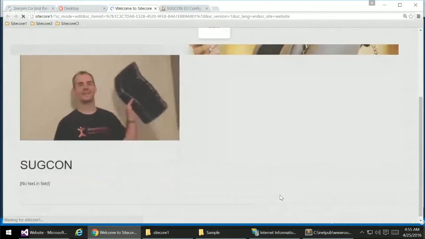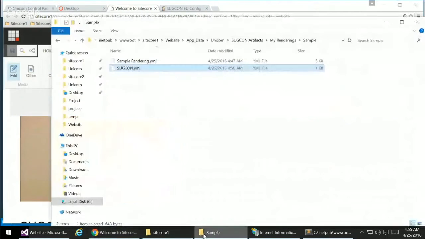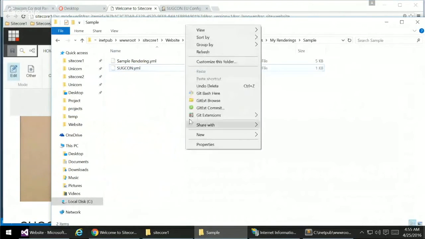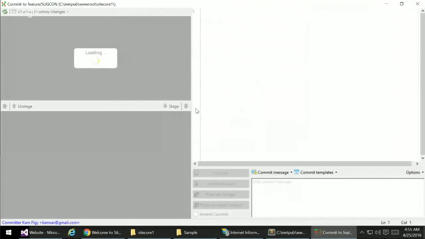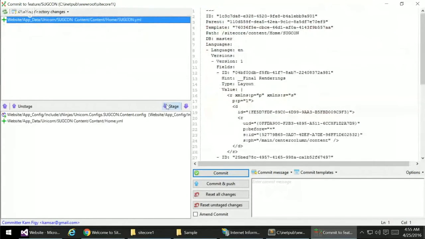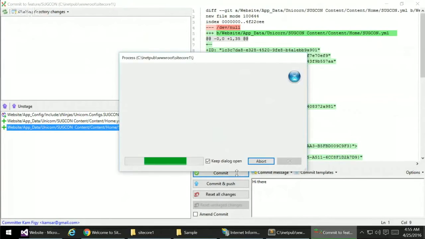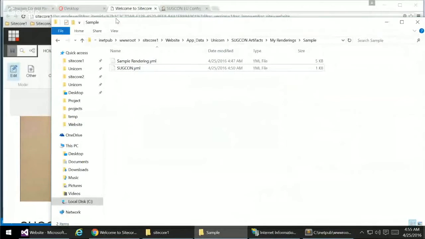I didn't know if I'd have internet, so I didn't use Giphy. So we'll save that, and it will write John's keyboard to the disk, and we'll commit it. In the interest of time, I won't show you that the evaluator won't change it unless I delete it, but you'll have to take my word for that. Again, don't make commit comments like me. So now we have basically done the actions of a single developer creating a new rendering, putting trollish content on it, creating a sample page to go troll Camrose with when he does my code review,